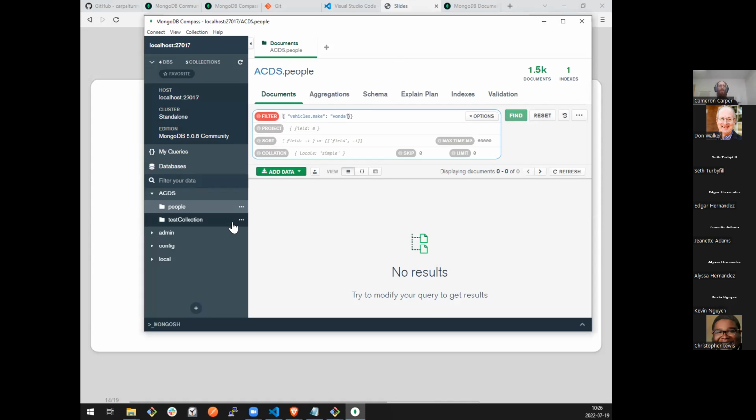If the vehicles array exists, it will look into it and check to see if there is, at this point it has to be an object, because we're saying that the value inside of vehicles is going to need a property named make, and the only way we can do that is with an object. So it checks to see if that exists and is an object, and if so, and that property exists, then it compares it to Honda and gets us the same end result.